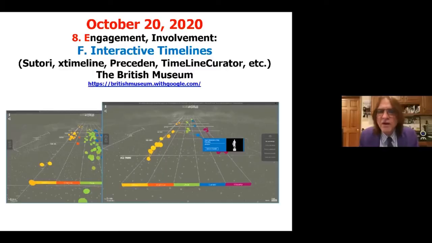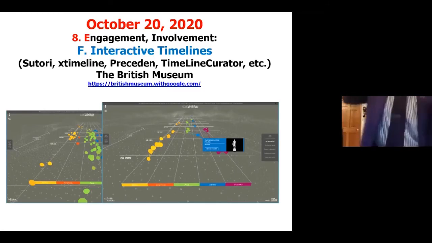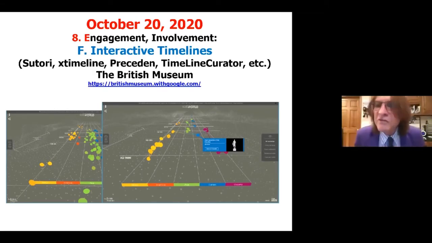The newest one in this talk I found last month was the British Museum has a new website for interactive timelines. You can go back in timeline in Africa, America, Asia, Europe, Oceania. As you go back in time, different artifacts pop up and they're explained. Really cool. It's something that I actually have thought about developing myself. I thought, wouldn't it be great if museums had this, like a ladder that you go back in time, and you climb up the ladder, 100 years, 200 years, and you meet different people and different artifacts and cultures of the world. Well, they've got it in the British Museum now.